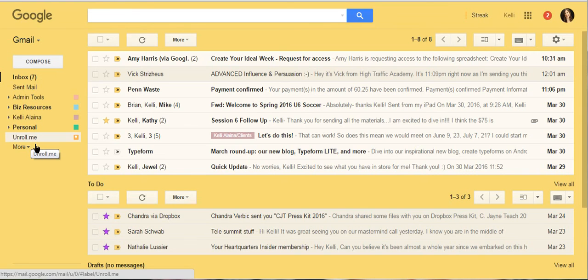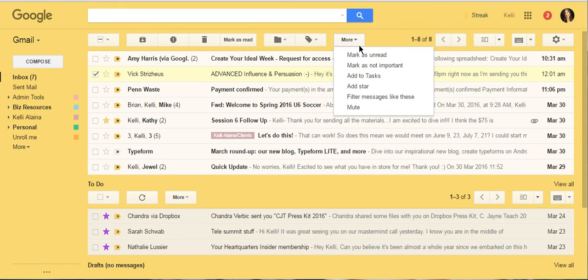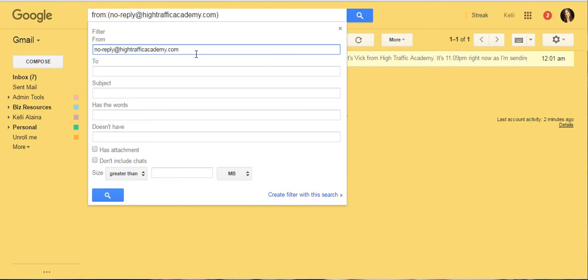Okay, so the easiest way to do this, there are 2 ways. One is if you know right away that you want the email to land over here and you don't even want to take a look on the inside, you can click on the box here and then you will go to more and filter messages like these, and then you can decide, okay,